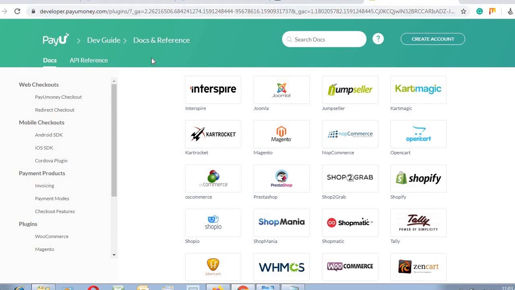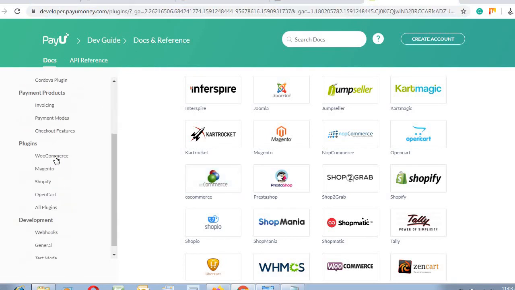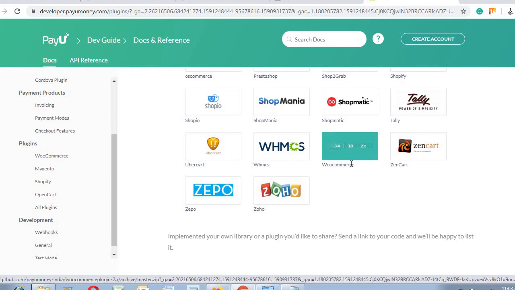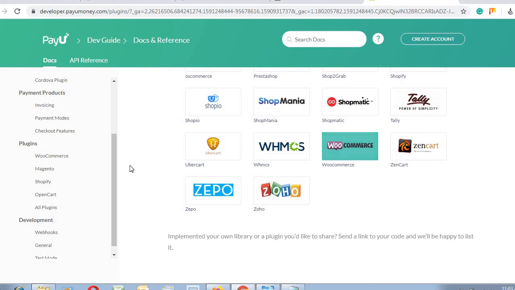If you go to developer guidelines, you will get the option called WooCommerce. You can see here, you can download version 3.4, 3.0, 2, any of the versions. You just need to download it and upload it into your website. That's the easiest way. You need to enter your WordPress admin bar. There is an option called add new plugin. Just upload the zip folder. That's it. When it has uploaded successfully, you need to enable it in the backend admin panel.